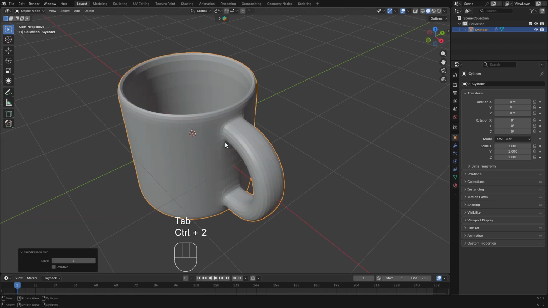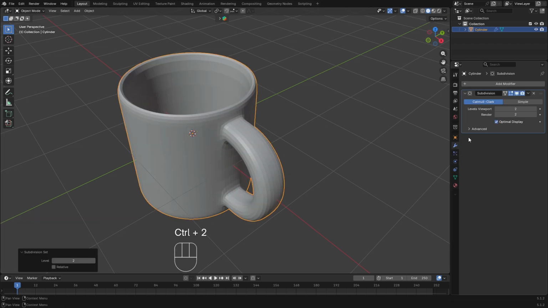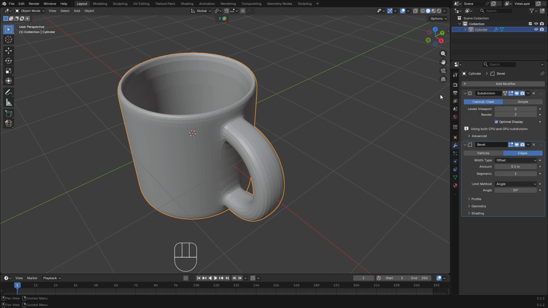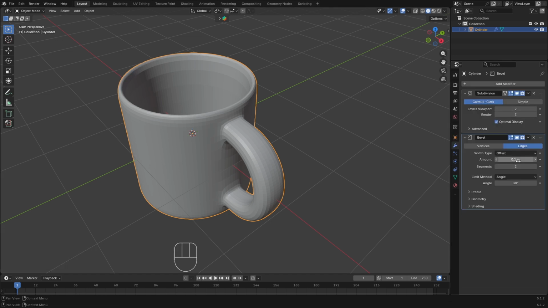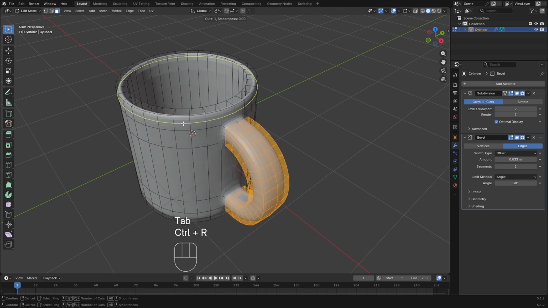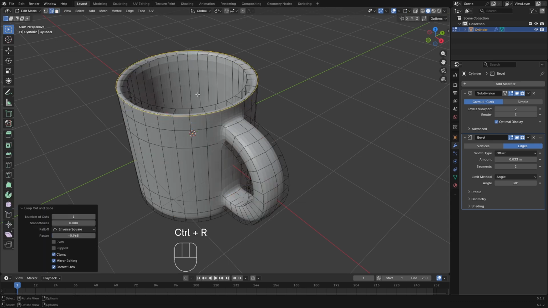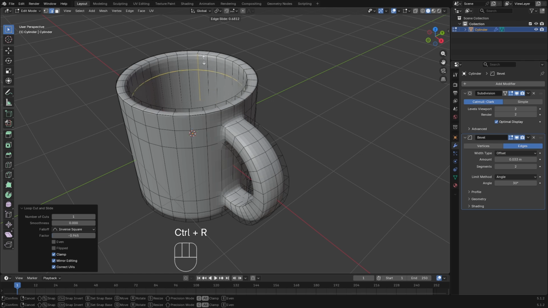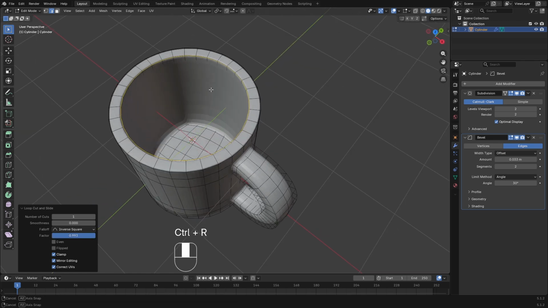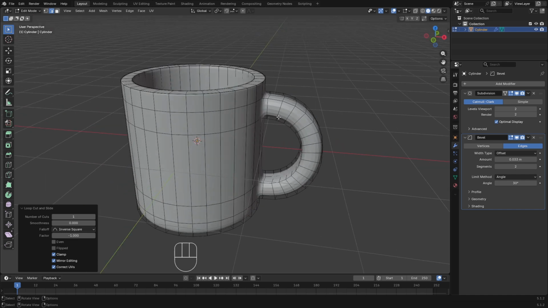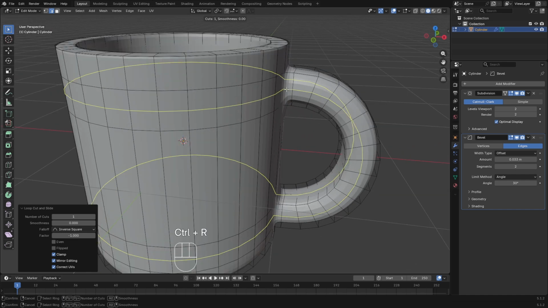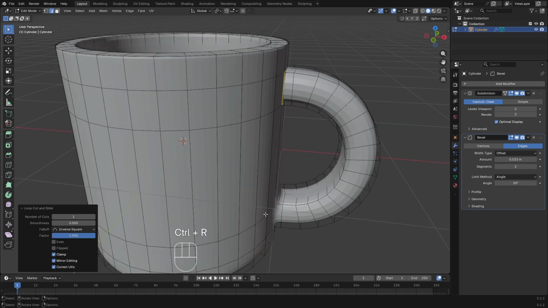Then Y axis, Ctrl 2, the subdivision surface modifier, add bevel segment 2 and amount 0.3. Then in edit mode, create a loop cut, top, under top and bottom, then the handle, Ctrl R and drag to the surface of the cup,